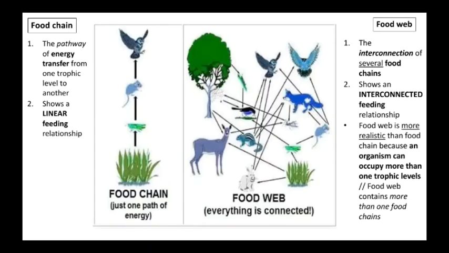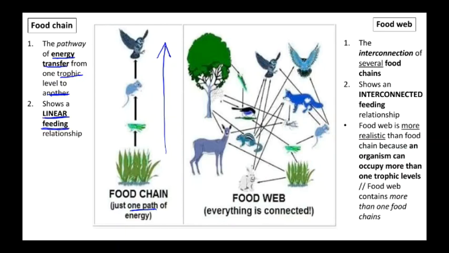In this part we are going to look at the concept of food chain as well as food web. What is the difference between food chain and food web? Based on this picture, you can easily tell food chain consists only of one path. So you can see it's only one way. It's the pathway of energy transfer from one trophic level to another trophic level, and it shows a linear